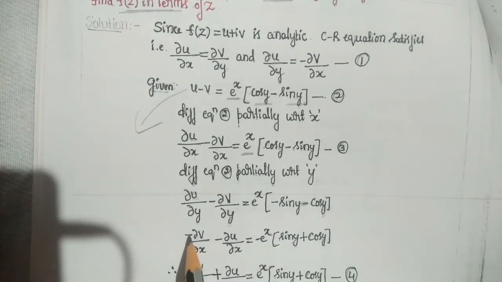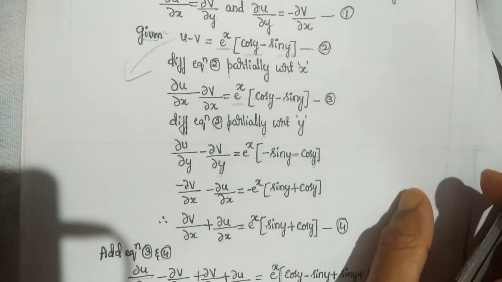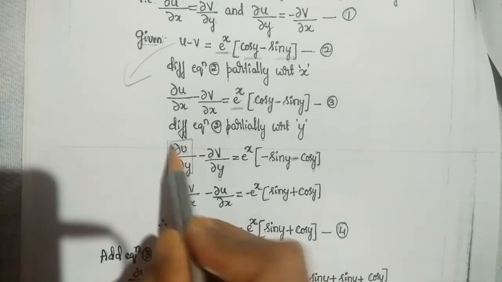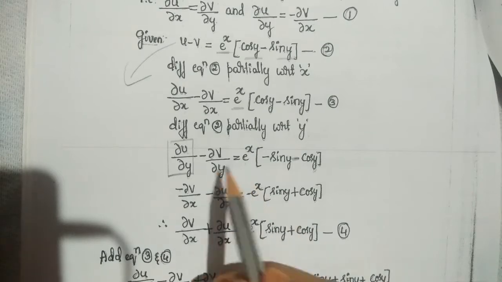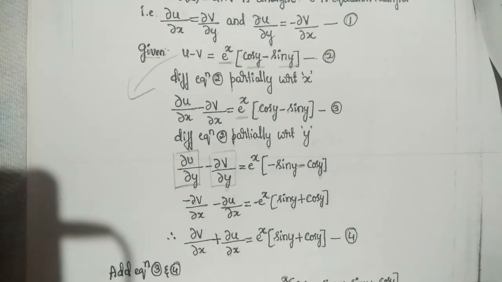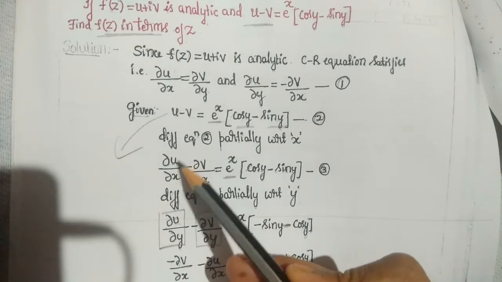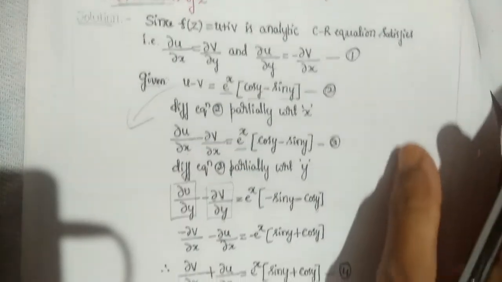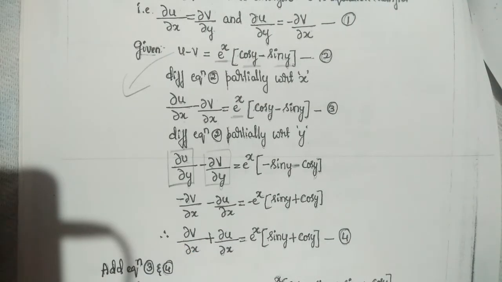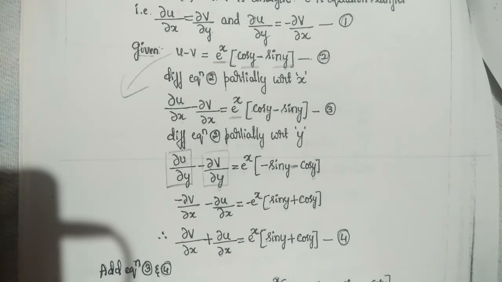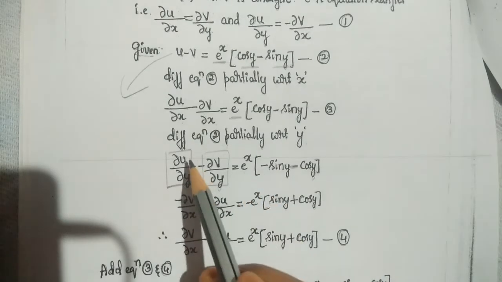So now take minus outside. What you get? For dou u by dou y and for dou v by dou y, just substitute in terms of x and y, because here we have dou u by dou x minus dou v by dou x. If you have the similar dou u by dou x and dou v by dou x, then you can add or subtract. From that you will get what is dou u by dou x and dou v by dou x. From that you can substitute those two in f dash of z. If you integrate, you will get f of z. That is the idea. So for that, what is dou u by dou y?